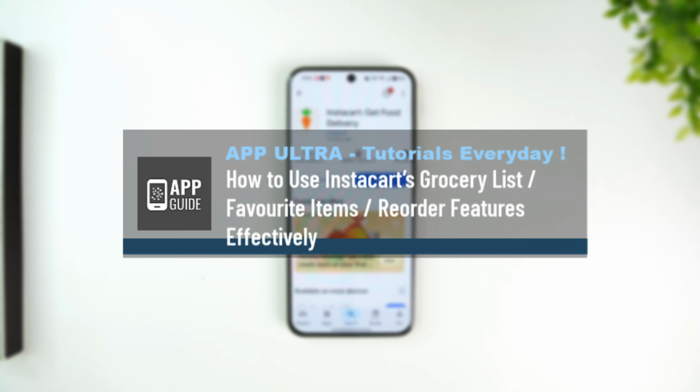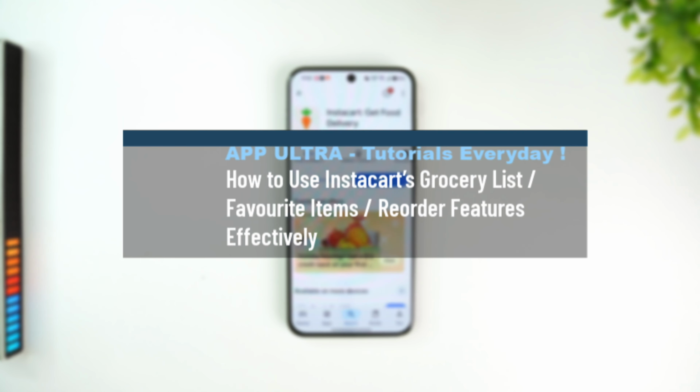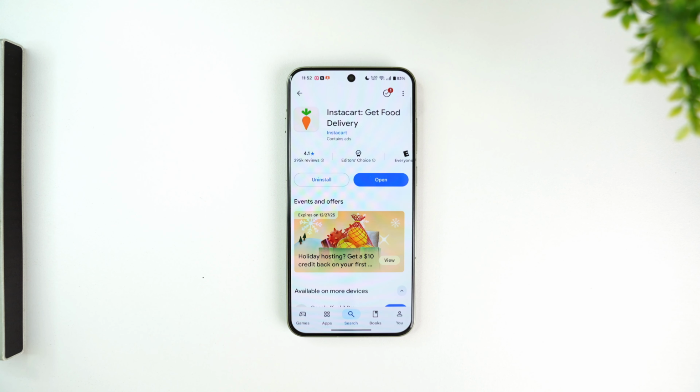How to use Instacart's grocery list, favorite items, or reorder features effectively. So, in order to use Instacart's list features effectively, you can leverage the reorder function for staples and use saved lists to organize specific shopping trips or meal plans while utilizing the favorite icon for the items that you buy